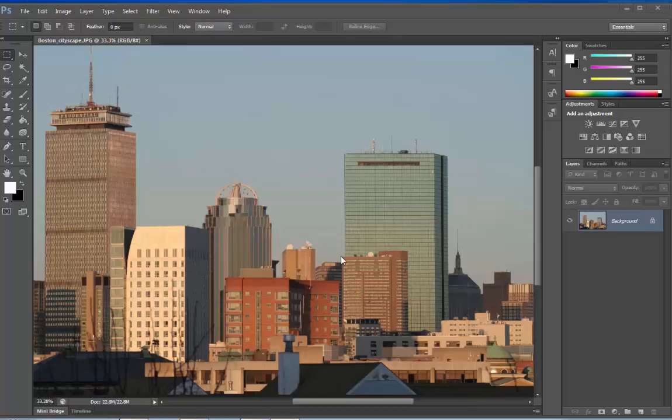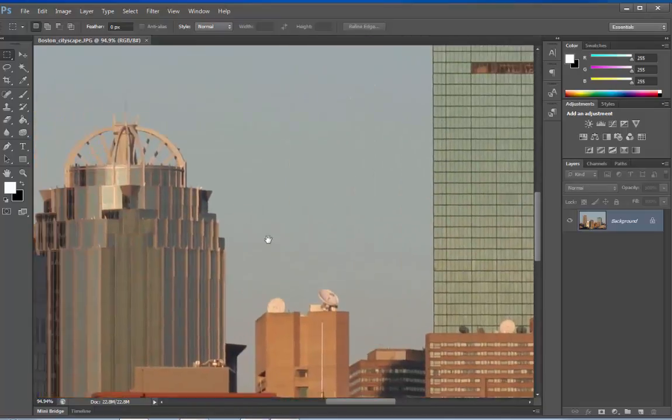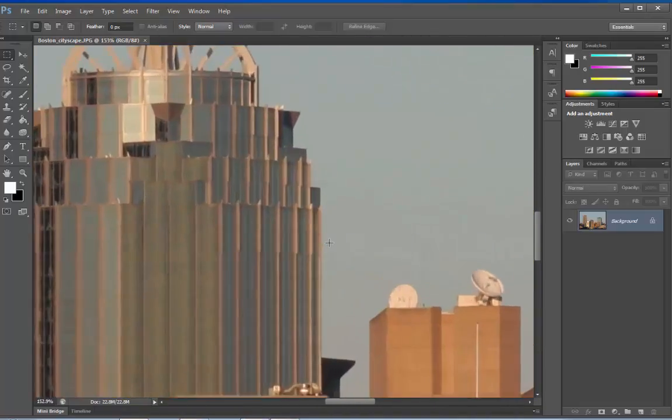Open this image. It looks good for the most part, but if we zoom in, we can see that these parts are not as sharp. There are a few tools in Photoshop that can help us recapture that sharpness to a certain extent. Obviously there are some limitations also. The areas with heavy blur cannot be rectified.